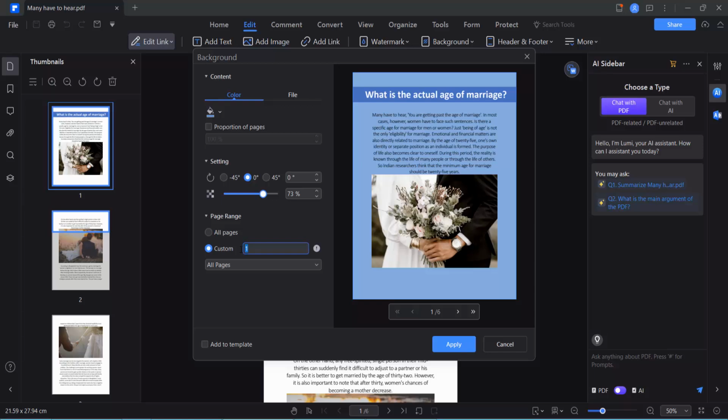I'll add color first page and last 3 to 4 and other remain same and simply select apply